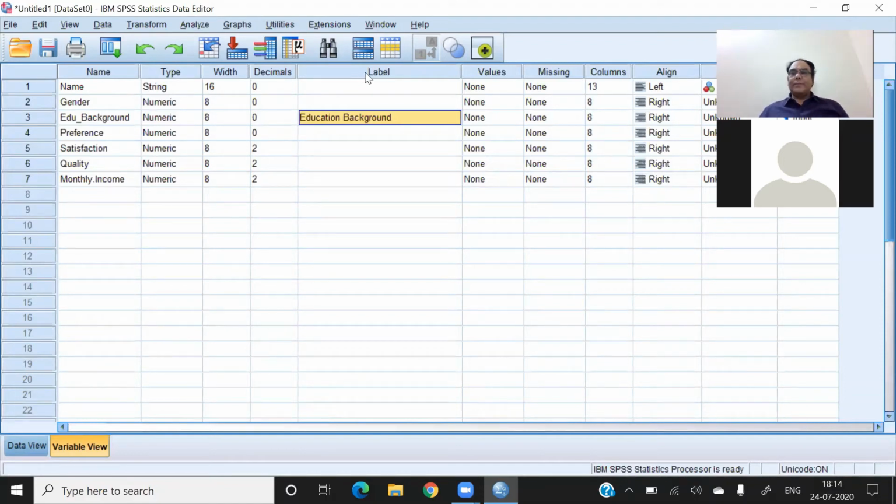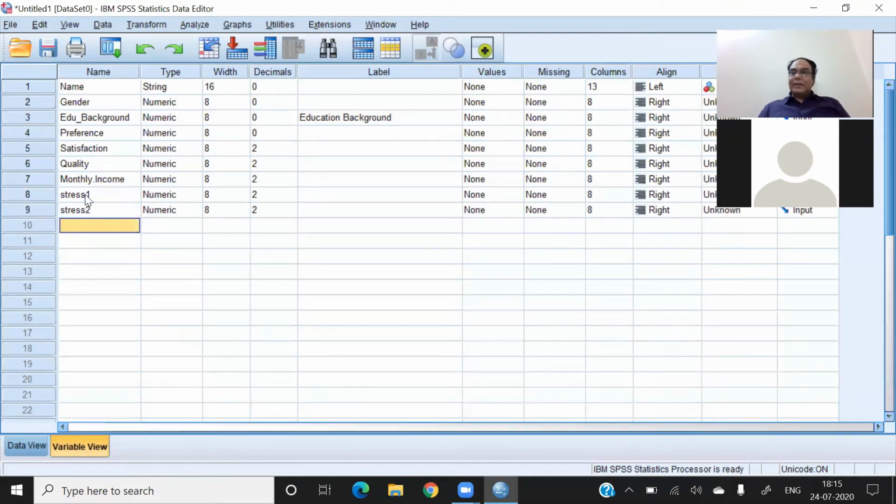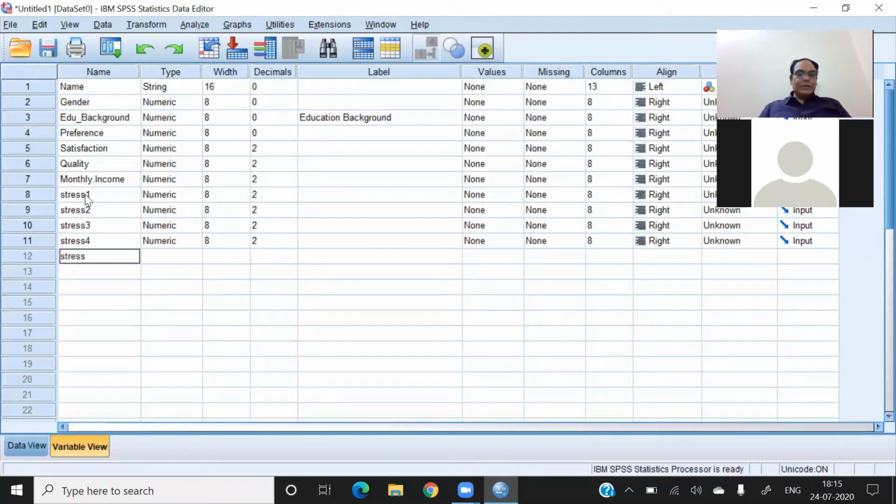Similarly, suppose we are measuring a construct like stress, and this construct is measured by 5 items. So we can write stress 1, stress 2, stress 3, stress 4, stress 5.